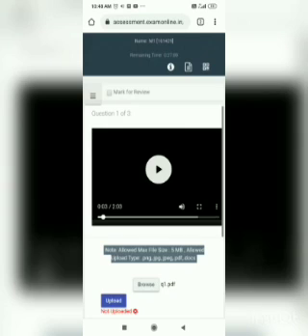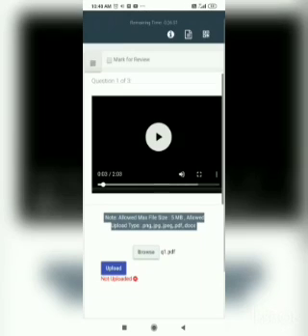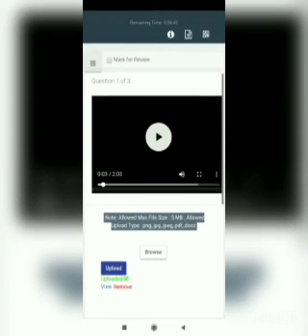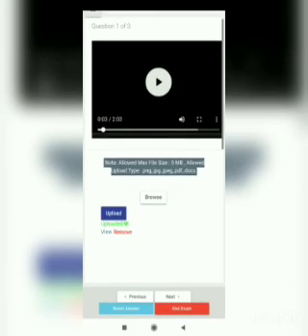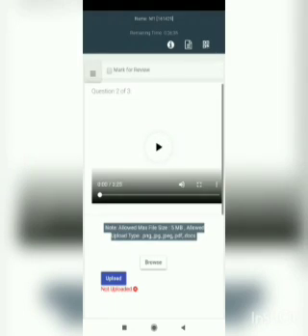Then you have to simply click on that upload button to upload your file, and when you click on the upload button, your file will get successfully uploaded to the system. So it's loading and your file has been uploaded. Once you are done with question number 1, you can navigate to your next question using the next button shown below. You can navigate to this question number 2.